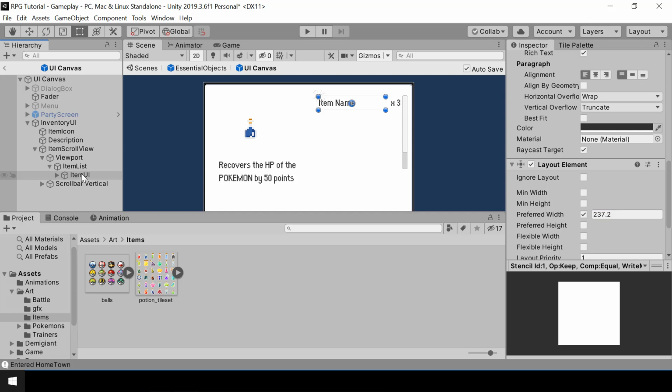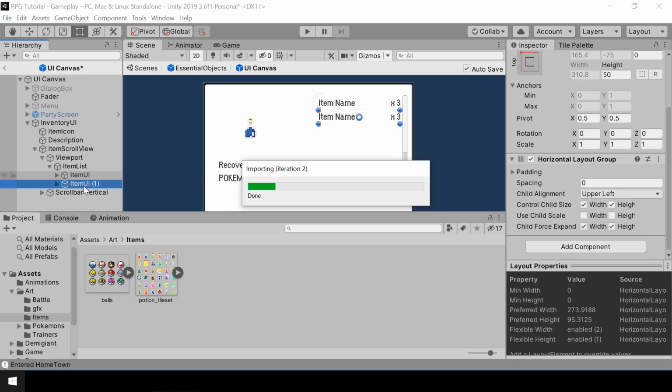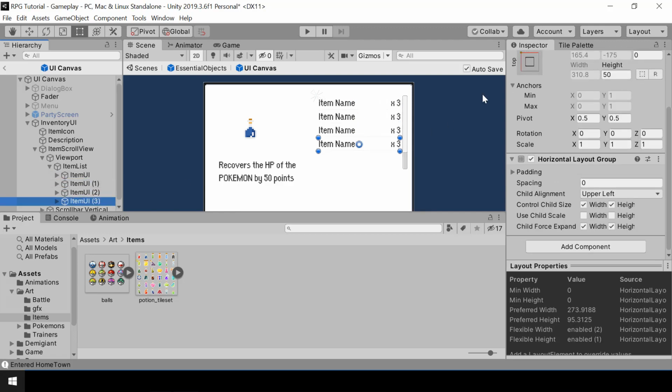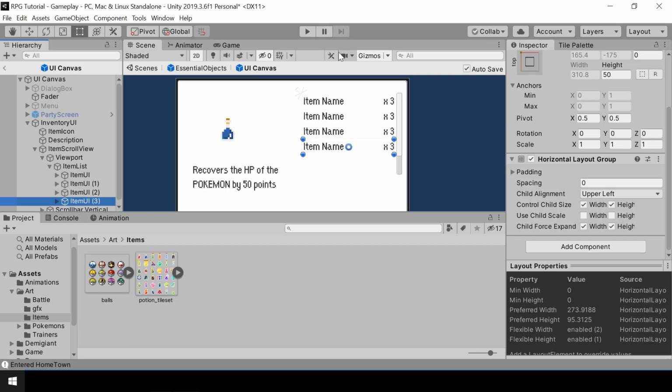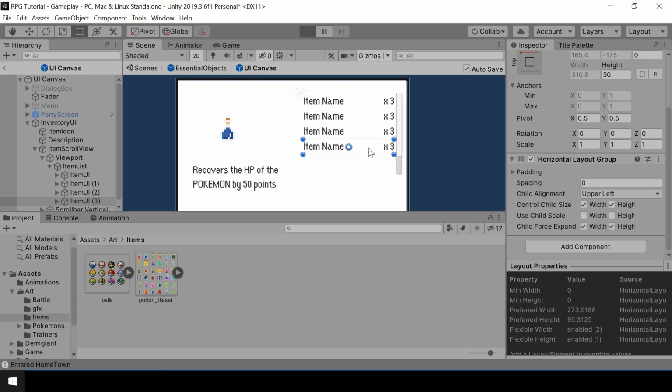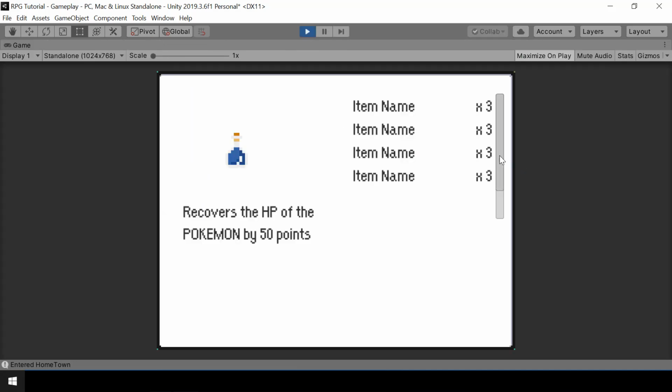So now if we duplicate the item UI, we can start creating the list of items that we want. Okay, so now if you test the game, the scrolling makes a little more sense since we have items inside the content. All right,